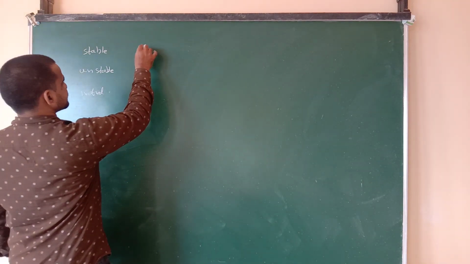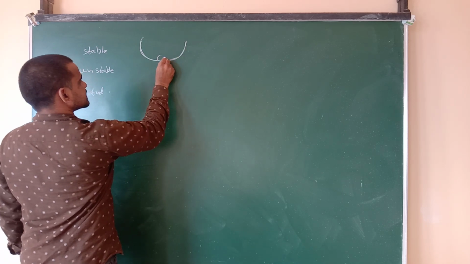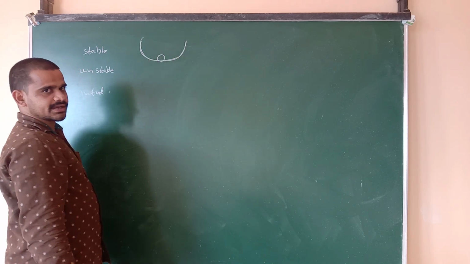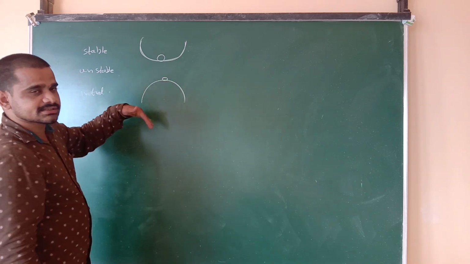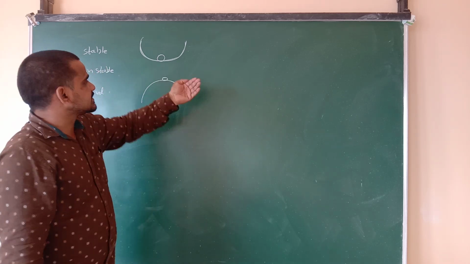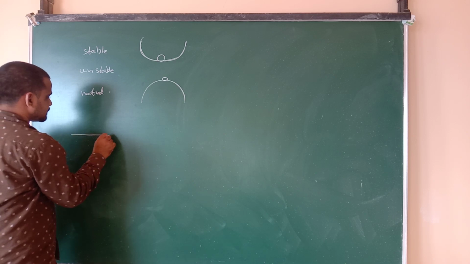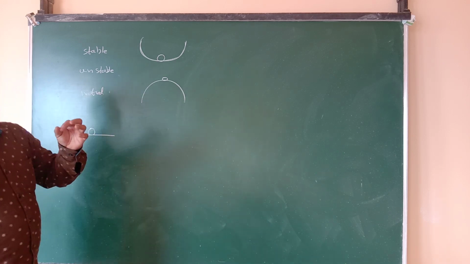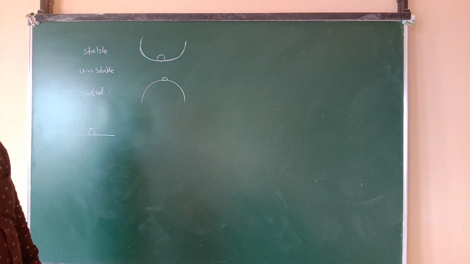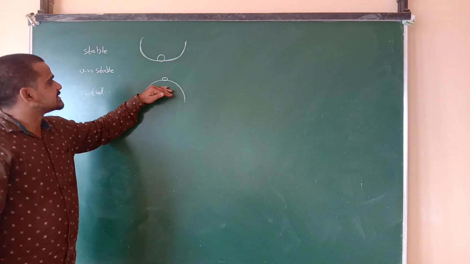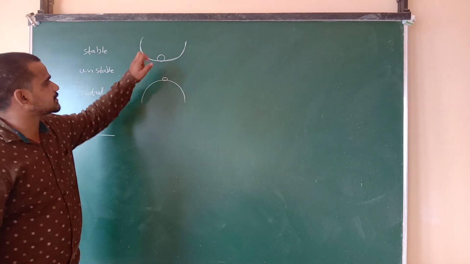The difference we can identify like this. Take a ball; here I am keeping a sphere. Now the second situation: I am taking another ball which is inverted. And this one is horizontal. I am keeping 3 metal balls on 3 different surfaces: a concave surface, a convex surface, and a plane surface. On 3 surfaces, I am keeping 3 bodies.